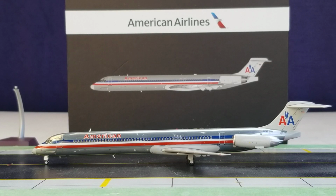But unfortunately, American Airlines officially announced on December 31st, 2017 that the airline will officially phase out their McDonnell Douglas MD-80s from their fleet by the end of 2019 after 36 awesome years of serving the American Airlines fleet as one of the airline's official workhorse narrow-body jetliners, as these aircraft were eventually phased out and replaced with the Boeing 737-800s and the Airbus A321s respectively, as American Airlines previously operated this aircraft mostly from its hubs at Dallas-Fort Worth,